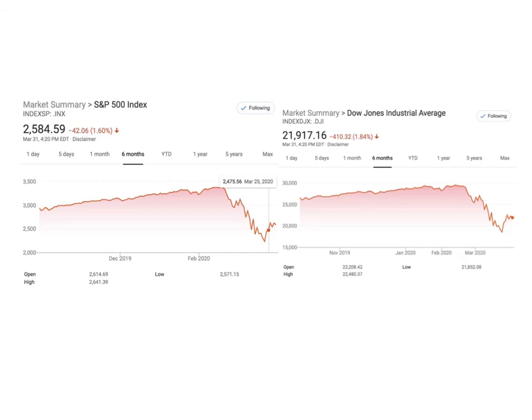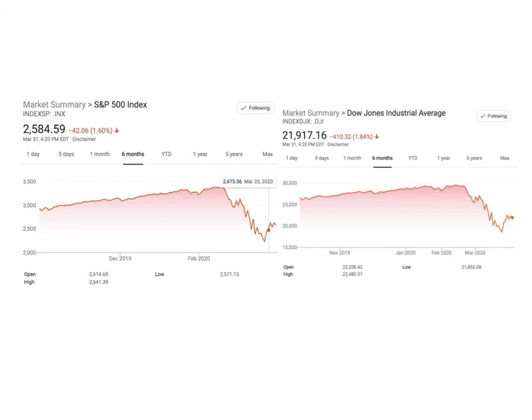And here are the major indices, which an index is just an average of a bunch of stocks, right? And how they have performed. Note that this kind of drop in the stock market, of course, also weighs on